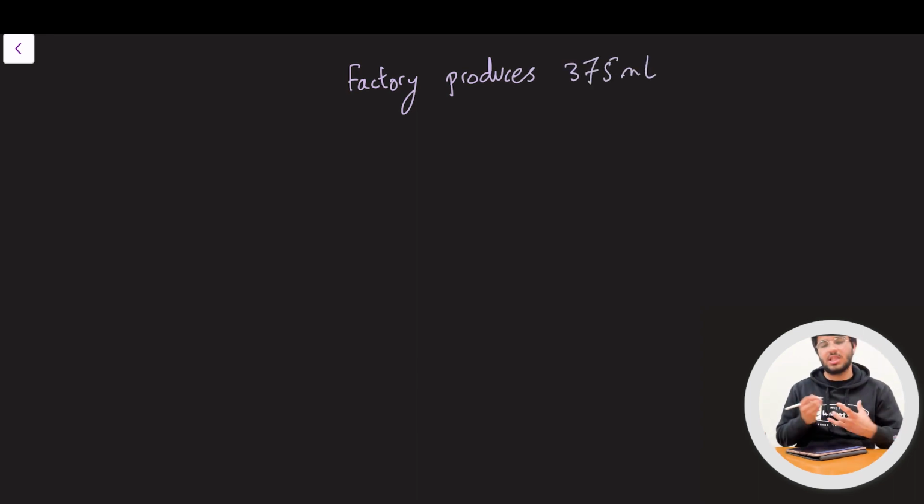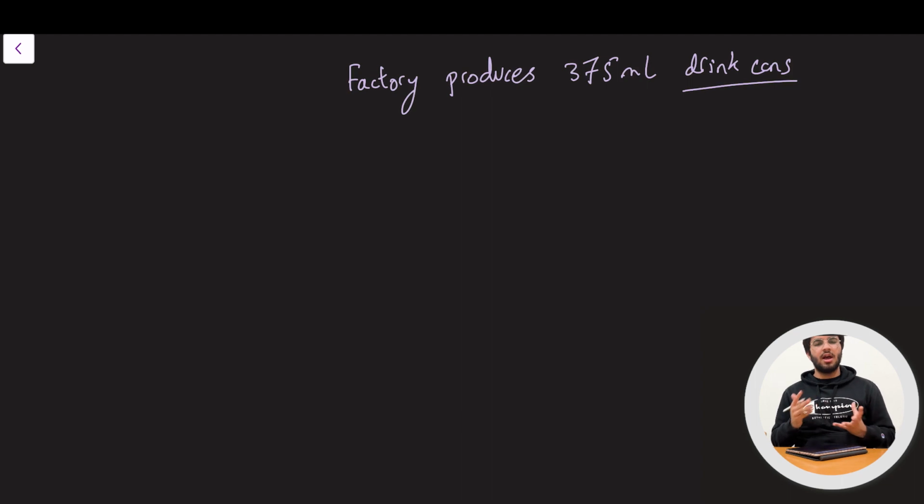So for example, imagine you work in some sort of factory. Let's look at analyzing the factory. The factory produces cans, which are labeled as 375 milliliters of drink. Any drink, whatever you want. So you are there, you want to do a quality check. Obviously, it produces a lot of cans every day. You cannot go through all of them to make sure it's working fine. But what you can do is take samples.